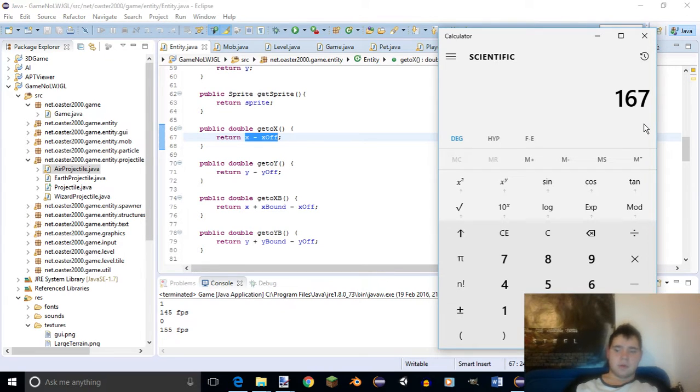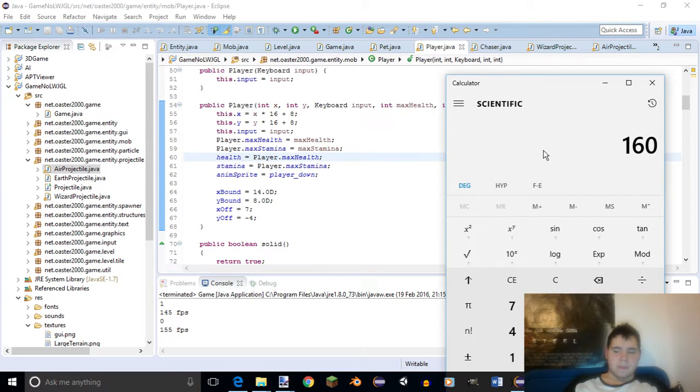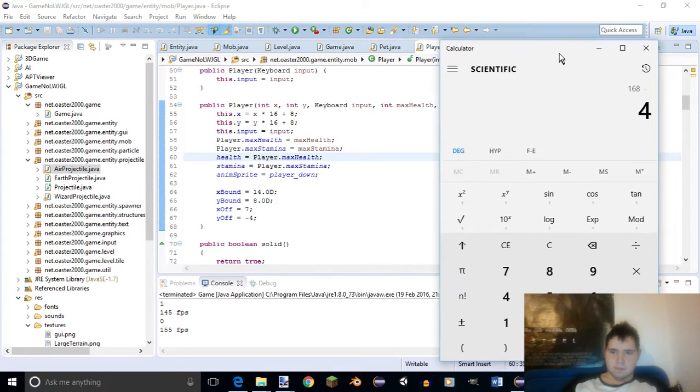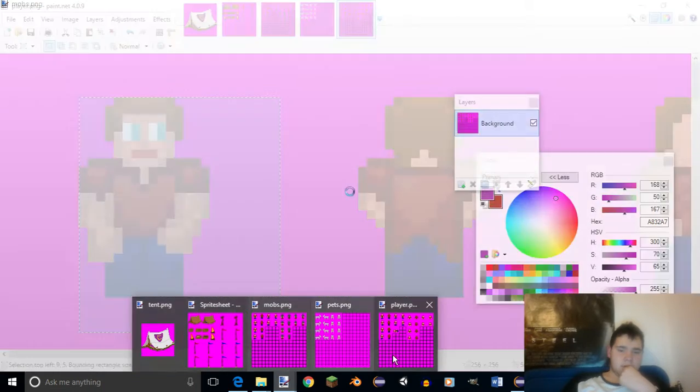Now if I do x, so say x, y is 162, 160 as well, just for ease, then 8, so I do plus 8 minus 4, minus 4, which is 172, and then I do 160. Okay, I'll just do plus 4 because that's what that would be. 164 and 172. Now if I was to put that into this context,